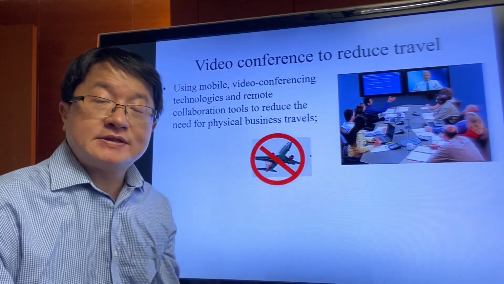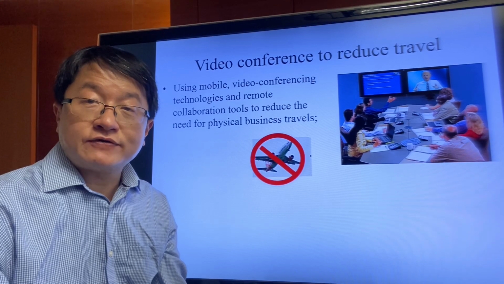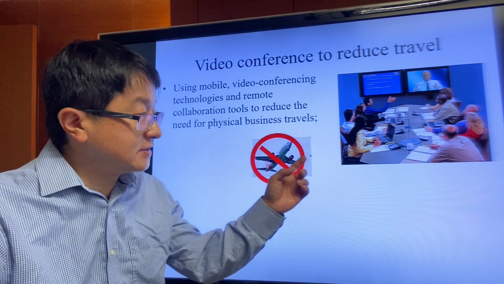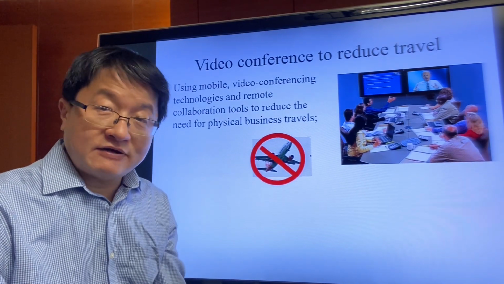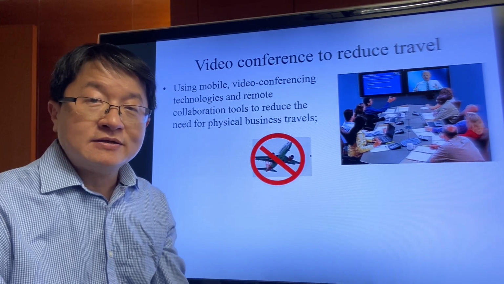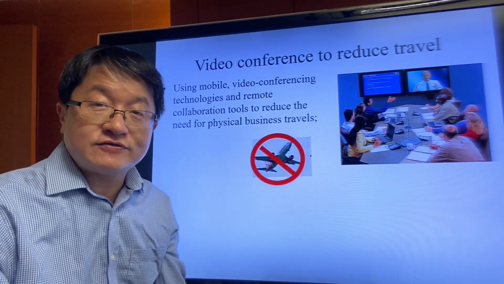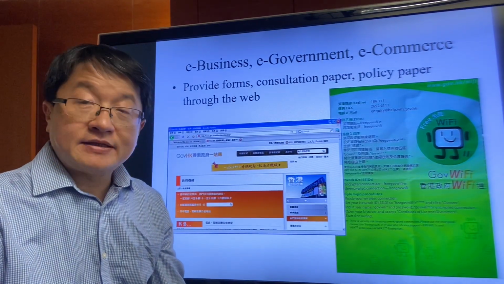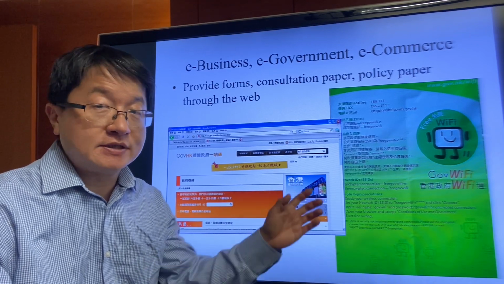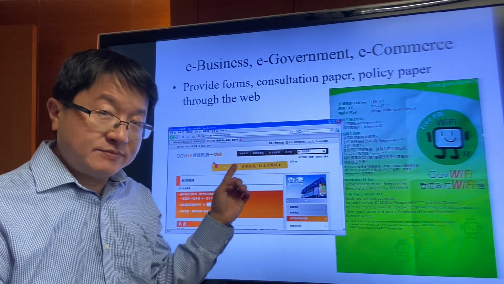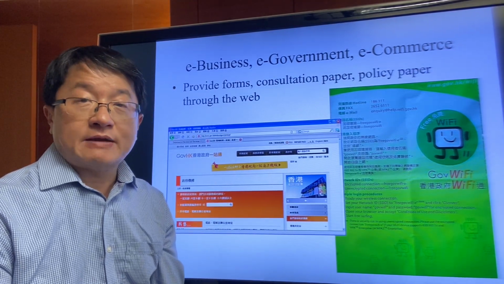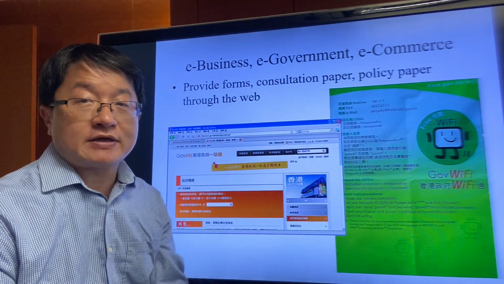A video conference and online class can also save traveling time. So some of you, even those not in Hong Kong, can also watch this video. You can save the airplane travel. Some governments and companies are doing this at this moment, not only because of the contingency, but also because it is a way to save traveling. And the government is also making use of e-government and turning a lot of public services online. So the citizens can simply go to the web and finish many different applications and many operations with the government.